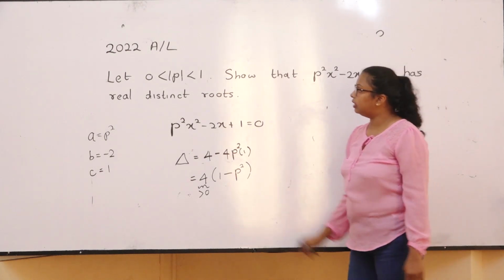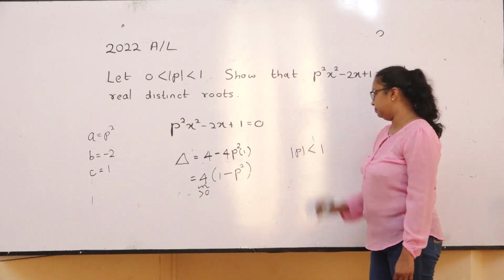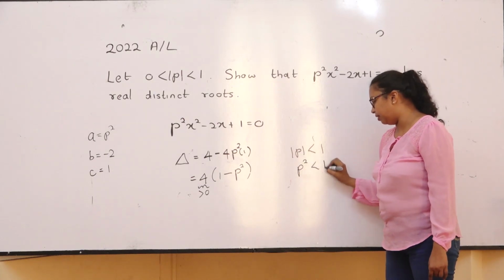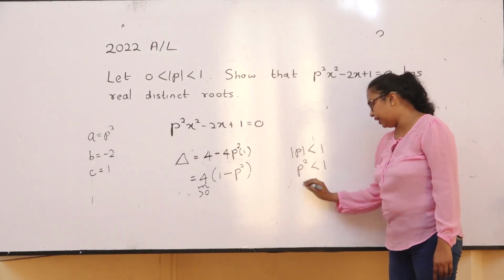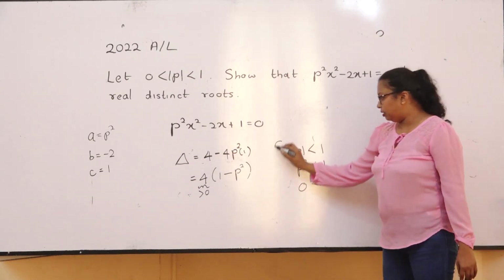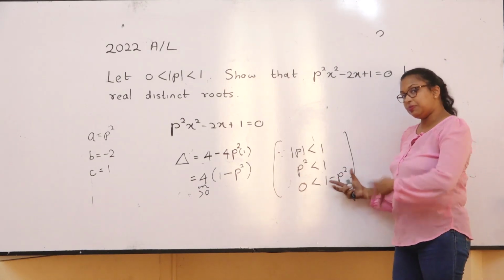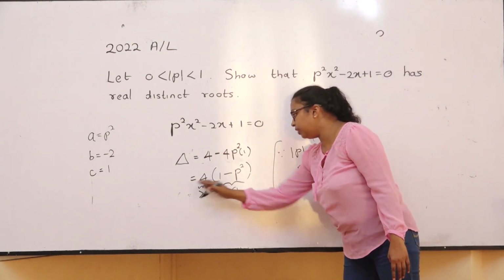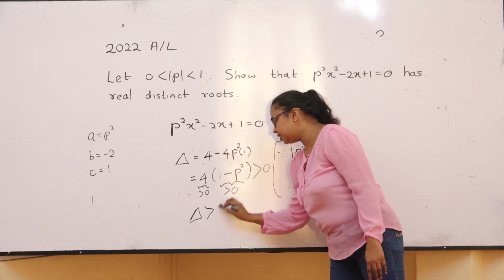Then we can write modulus of p is less than 1, right. I can square both sides, therefore, I will get p squared is less than 1, right. I can take this p squared to this side, subtracting p squared from both sides, I will get 0 here and 1 minus p squared here. So, because of this you can see that 1 minus p squared is greater than 0, which means it is positive, right. Now, 4 is also positive. So, a positive value into a positive value, definitely our answer will be positive. So, the discriminant is greater than 0, therefore,